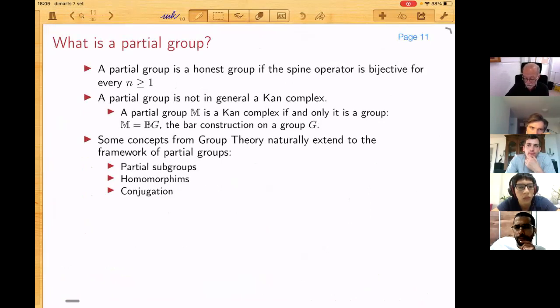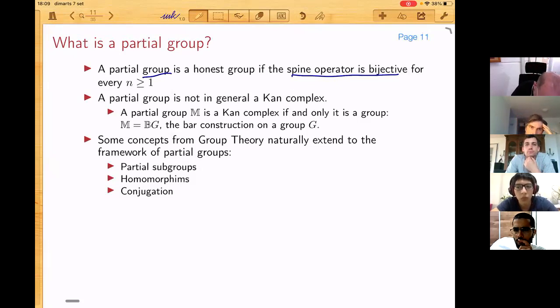which is more in the spirit of group theory rather than simplicial set theory. Well, as you can imagine, a partial group is an honest group if the spine operator is bijective, right? A group. I was very happy with this definition because we have a whole theory of simplicial sets behind that. Until I